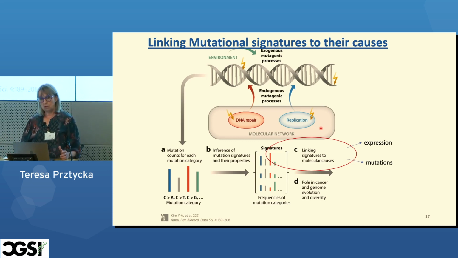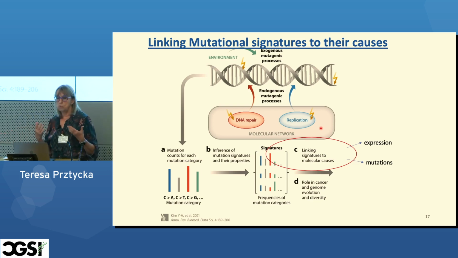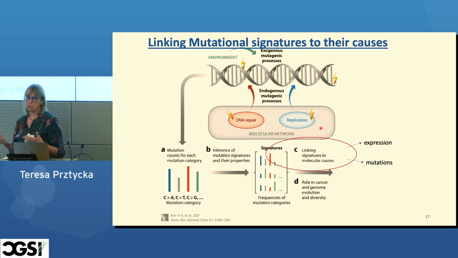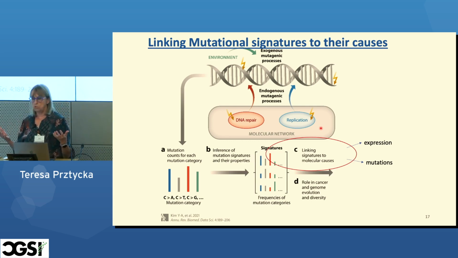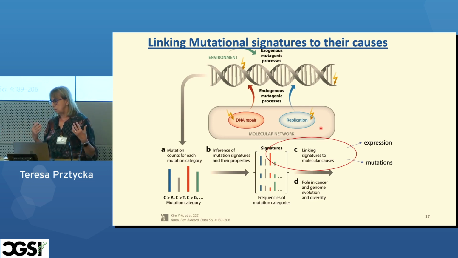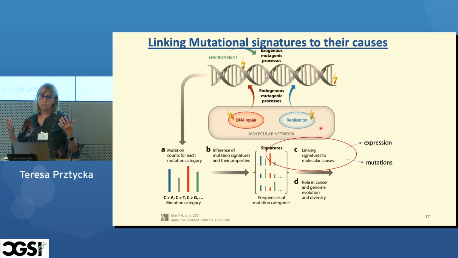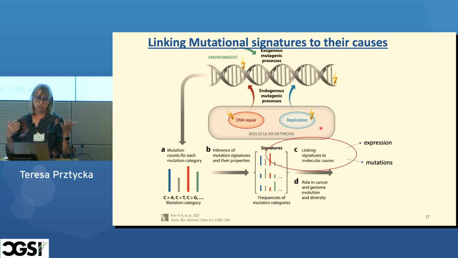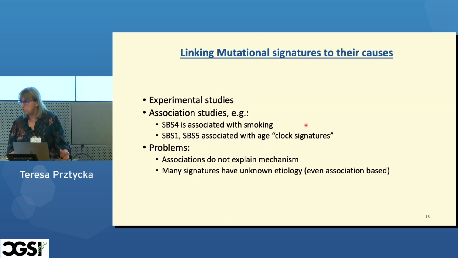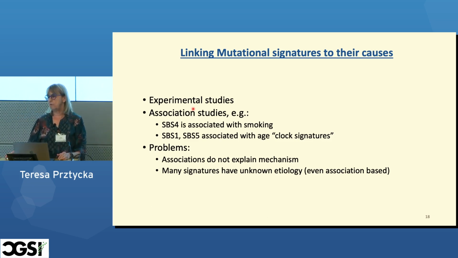So since those mutational patterns are being uncovered in a computational way, how do we find the association between those mutational signatures and specific mutagenic processes? The whole idea of coming up with this mutational signature was the appreciation that there is what was initially hoped to be a one-to-one relation between a mutagenic process and this mutational pattern, the signatures. Well, first of all, in some examples, we can have an experimental study